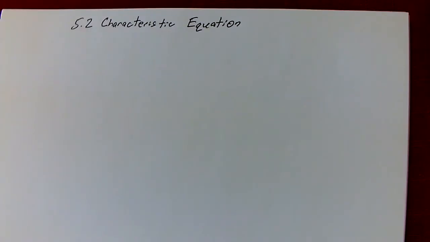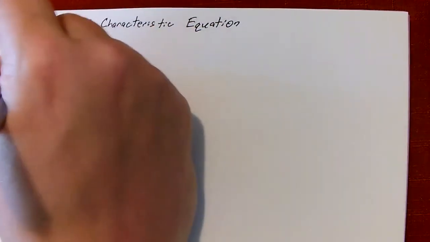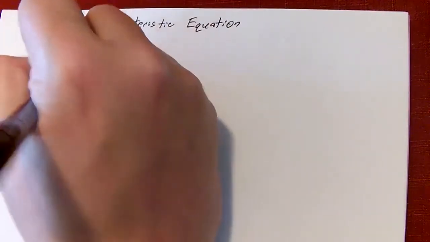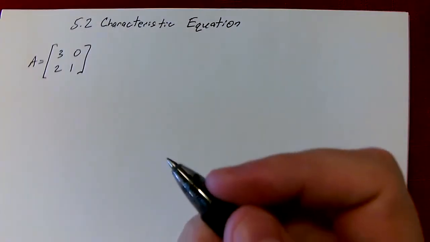In section 5.2, we're going to talk about the characteristic equation for a matrix, okay? So we're talking about eigenvalues and eigenvectors, so we're continuing along those lines. So let's first start with an example of a matrix, and then we'll tie that into where we're headed with characteristic equations. So if I have a matrix A, 3, 0 on the top row and 2, 1 in the second row, so a 2 by 2 matrix,